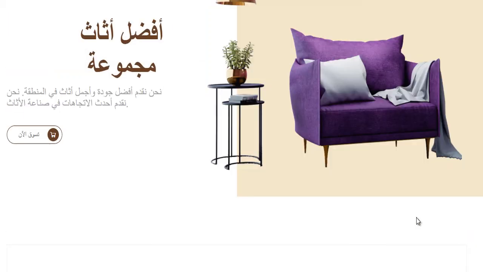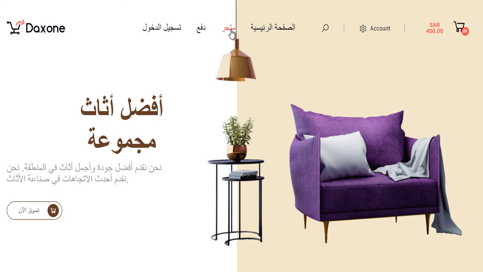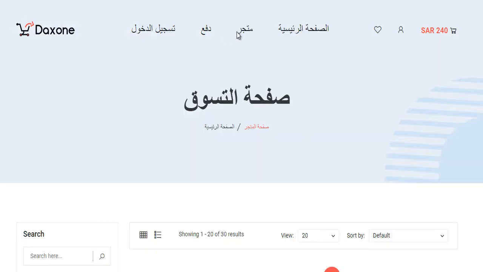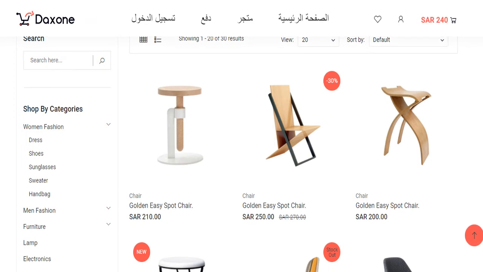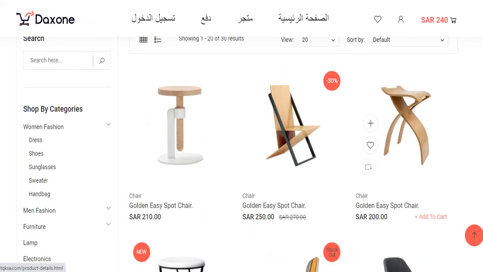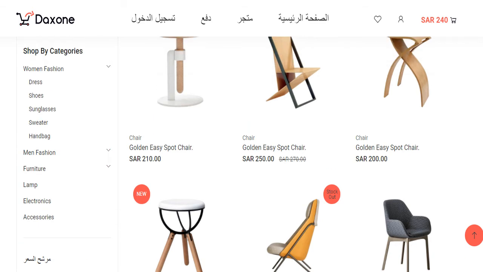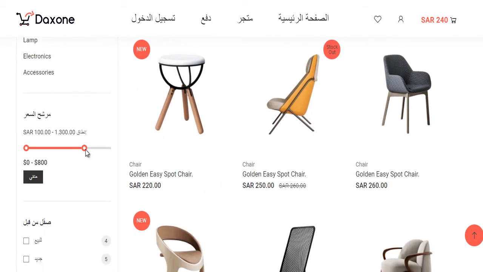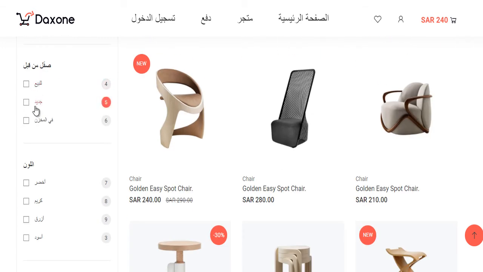Then you come to the shop. So once you come to the shop, it has all the products, and any product which is new will be added up here. Okay, so image size of each product is 800 pixels by 800 pixels. Okay, this is the standard, so it can be used everywhere. Each product will have the price range, so a customer can filter out the price range. Here is if it is a new or an old model.